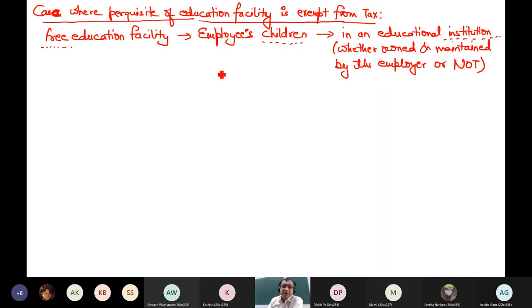Not only these three, and along with this, if the fourth point is also satisfied, and if cost of education